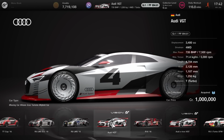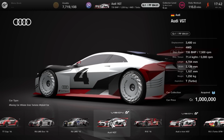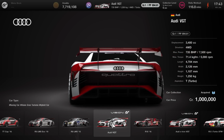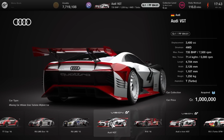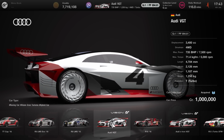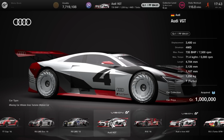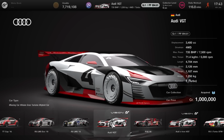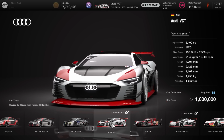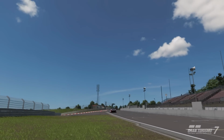As you can see when we head over to the Audi dealership, you can purchase this for 1,000,000 credits, no more or no less than a fairly standard price point, both for a VGT and a lot of the Group 1 vehicles as well. 894.61 performance points is a whole bunch for a Group 1 vehicle. It is four-wheel drive, 735 brake horsepower, turbocharged and weighs 1,250 kilograms, which is a fair amount more than a lot of the other Group 1 vehicles that are in this class. So it may have a disadvantage there, but I'll kind of explain why it's really not necessarily a bad thing